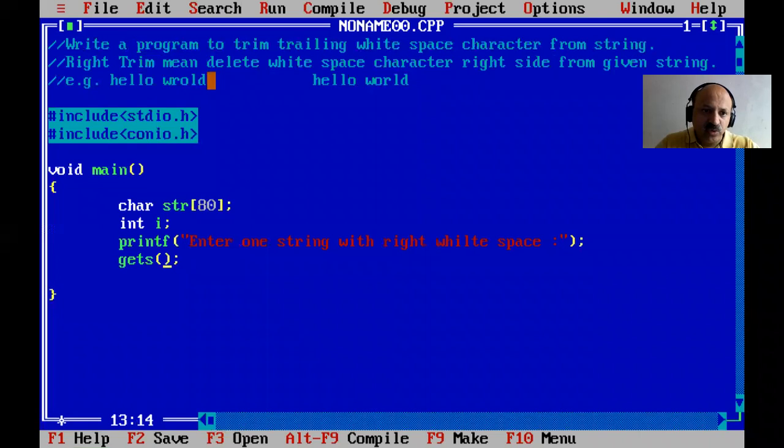So what to do? Here str is the string, and then first we can print one message.